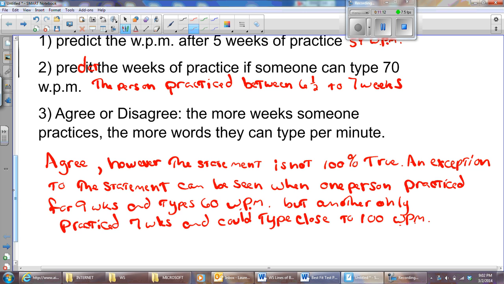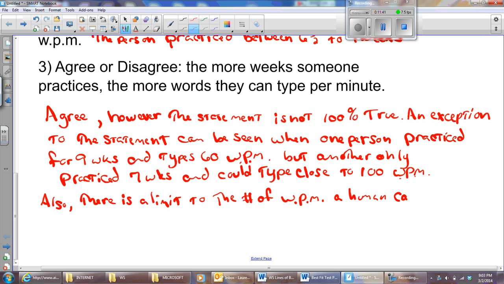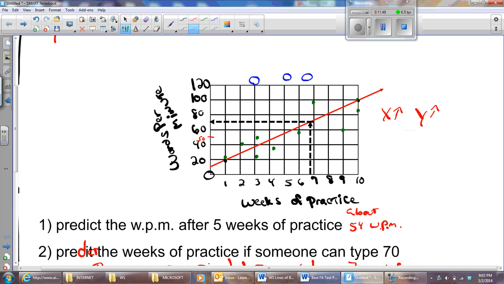I might include that also: there is a limit to the number of words per minute a human can type. And what I mean by that is that, you know, we've got this person at 10 weeks doing